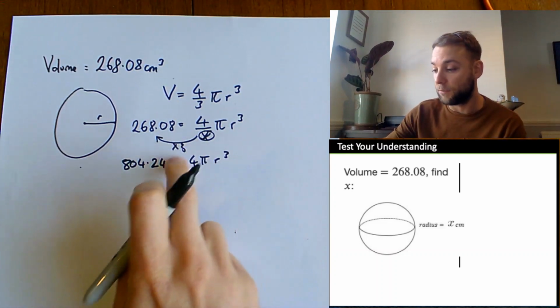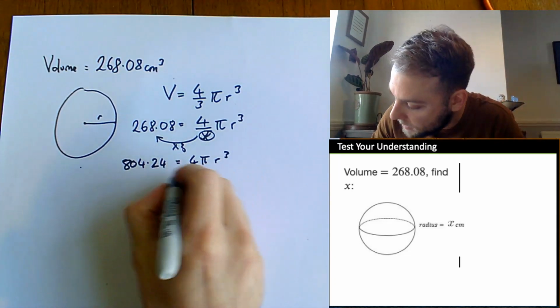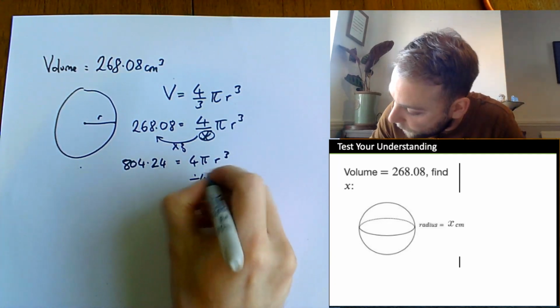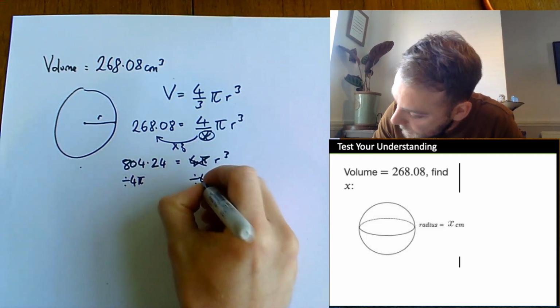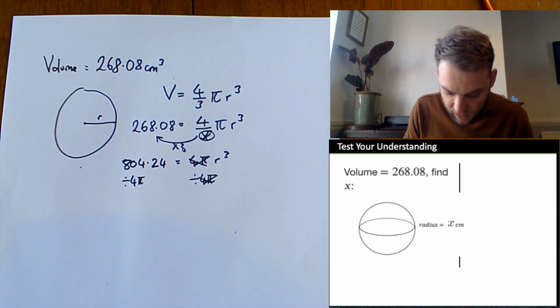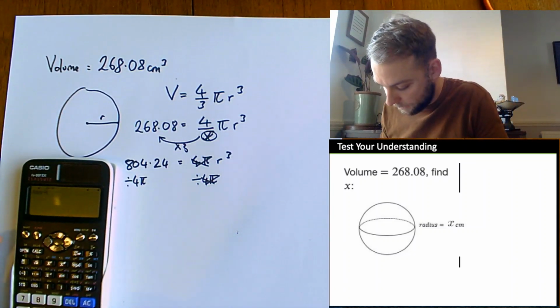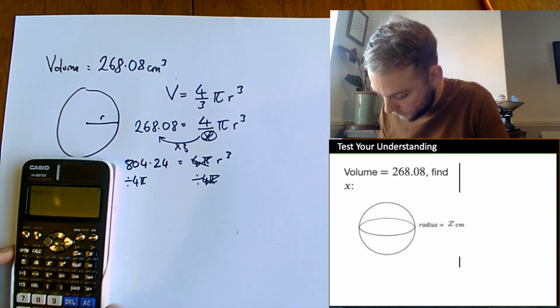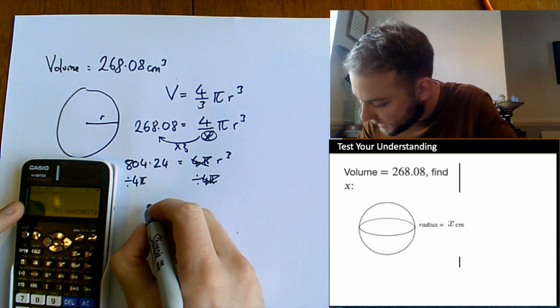The next thing I need to do is get rid of this 4 pi. Now that is just a number. So to get rid of all of this, I'm dividing both sides by 4 pi. That will get rid of that. So I end up with this divided by 4 shift pi, which in this case is equal to